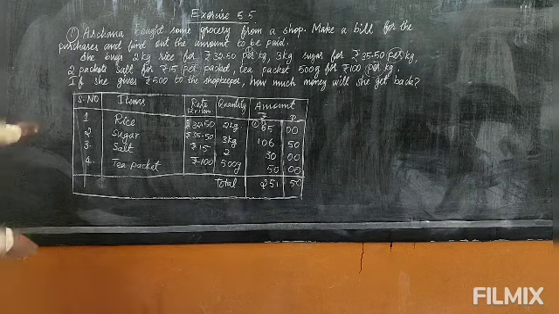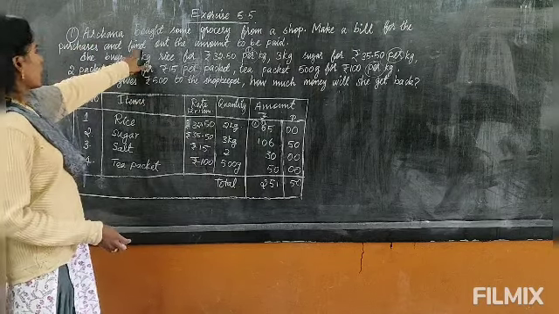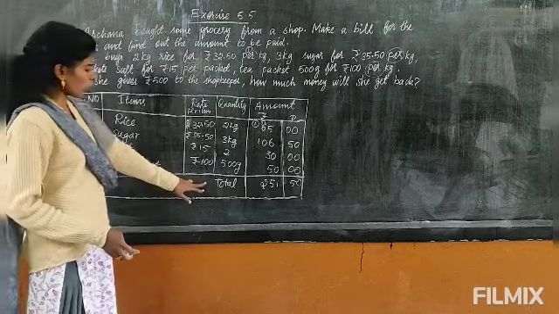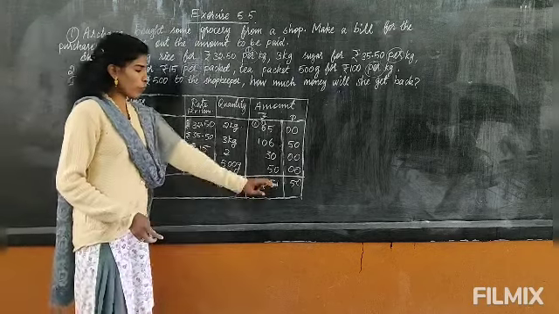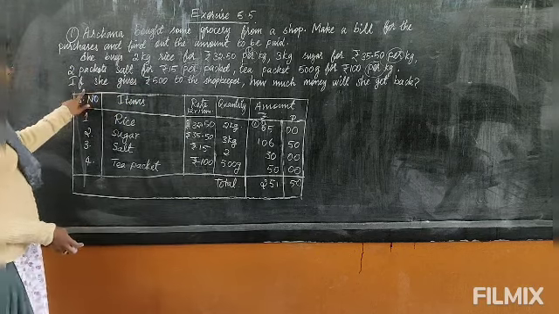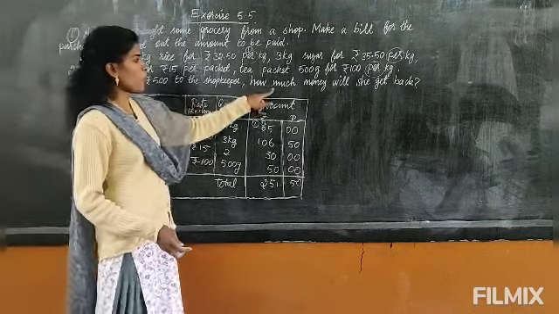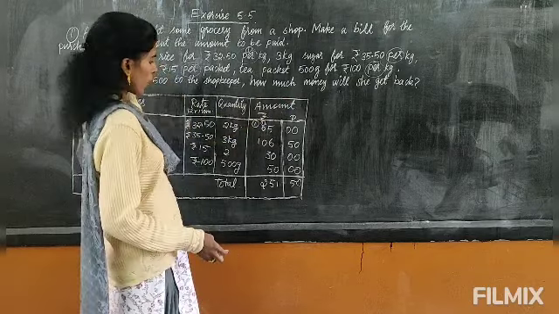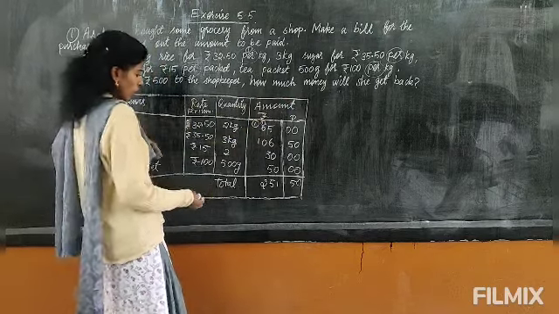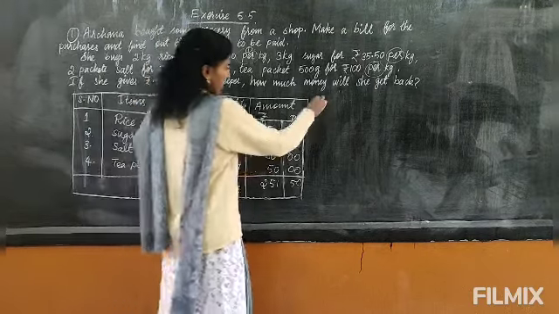Now this is the first question: make a bill. So we have made a bill. Again find out the amount to be paid. So the amount to be paid is 251 rupees 50 paise. But here it is given in this end part: if she gives 500 to the shopkeeper, how much money will she get back? So you have to find out how much she will get back. That calculation you have to write down, but I have no space, so I am writing here.